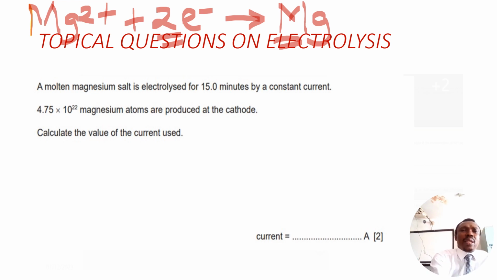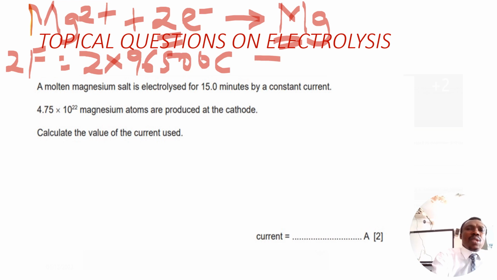So 2 faradays means 2 moles of electrons is equal to 2 faradays. If 1 mole of electrons is equal to 1 faraday, which is 96,500 coulombs, then 2 moles of electrons is equal to 2 faradays, which is 2 times 96,500 coulombs. That means 2 faradays, which is equal to what? 2 times